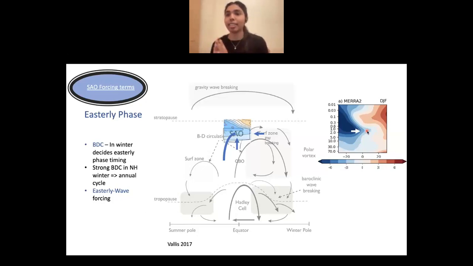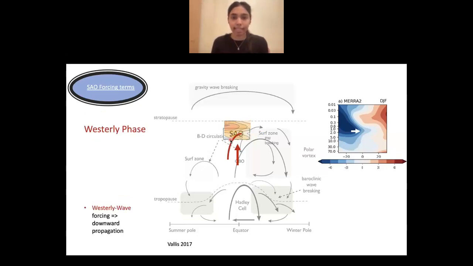of the SAO. And this makes much more sense because it is appearing in latitude, so it appears at all altitudes together, which will give the semi-annual oscillation easterly phase a constant velocity at all altitudes coming at the same time. Now, it can also have the wave forcings which are coming from the QBO region and higher latitudes, but the main forcing mechanism that gives rise to the easterly phase of the semi-annual oscillation is this meridional advection from the Brewer-Dobson circulation. And the next one is the westerly phase.